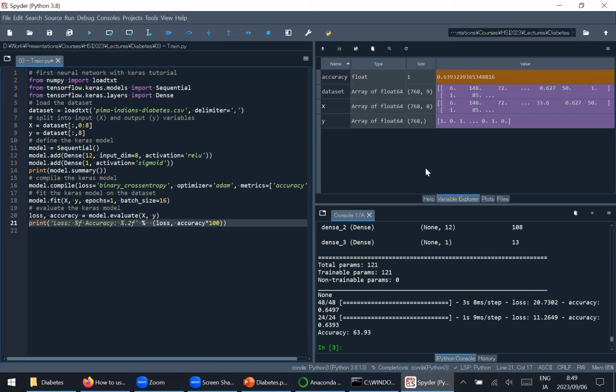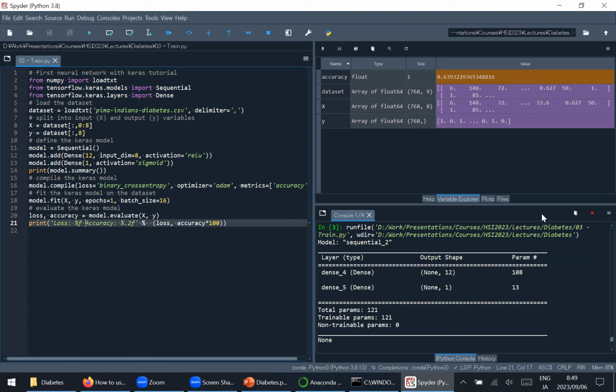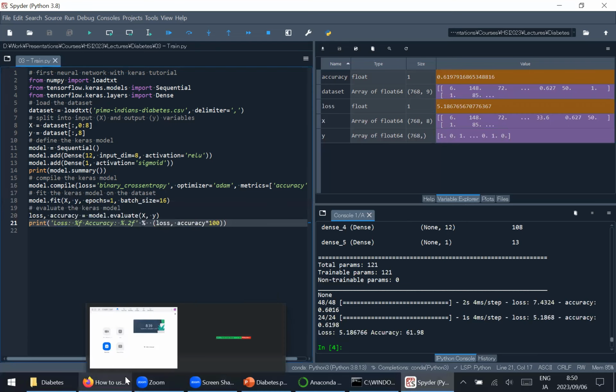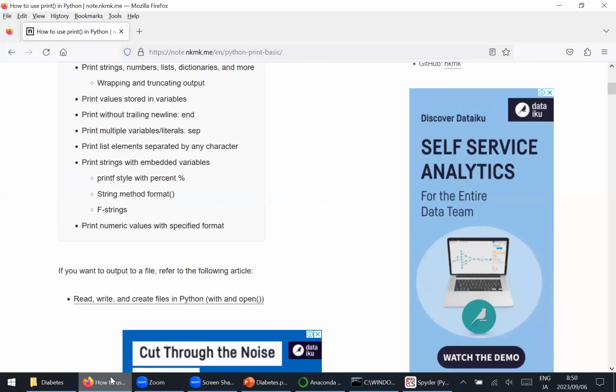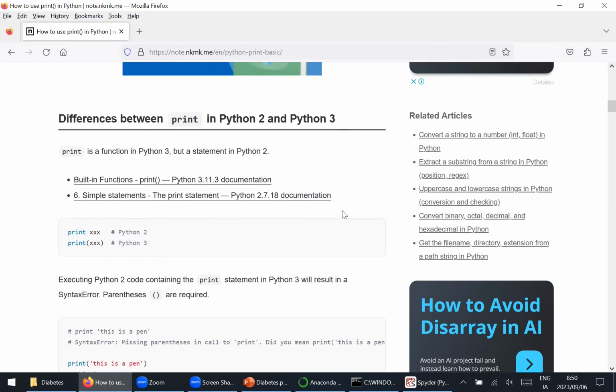F. Okay, now if you run this, it should work in theory. Yeah, here's the loss 5.1 and accuracy. Okay, so this is one way to do it. There's actually 3 ways to do a print like this in Python. So if you do like Google Python print,